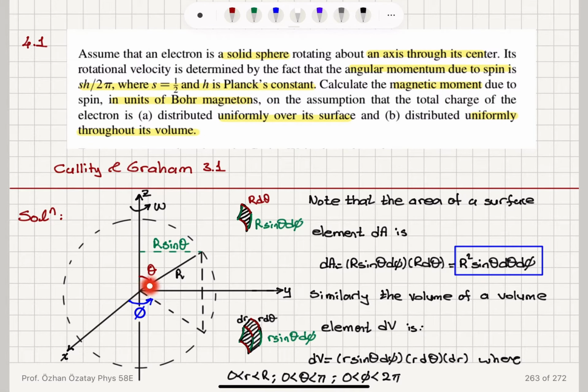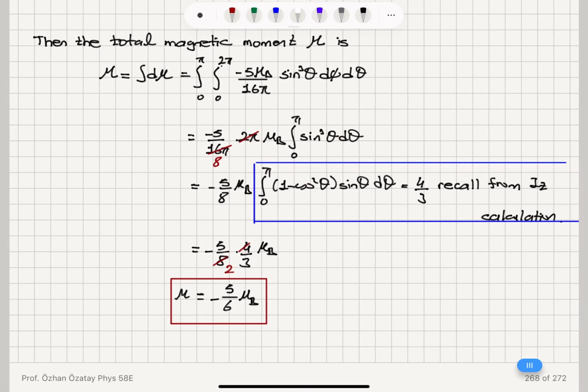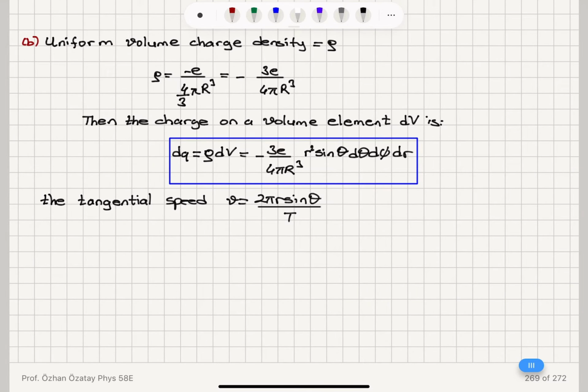If you take this volume element here, it's going to be rotating in a circle, and we will have 2 pi r sine theta, where r is less than capital R, divided by T. Okay, so r is between 0 and capital R, and with that we can write the current,